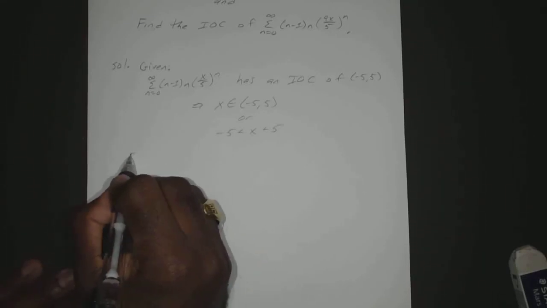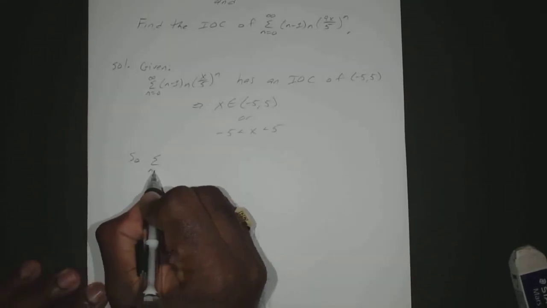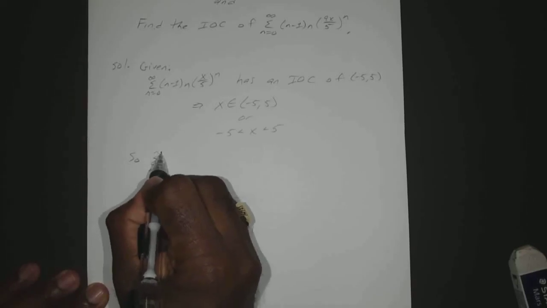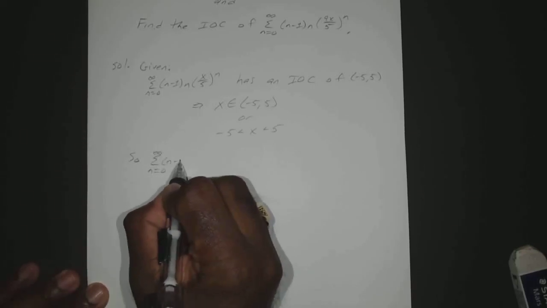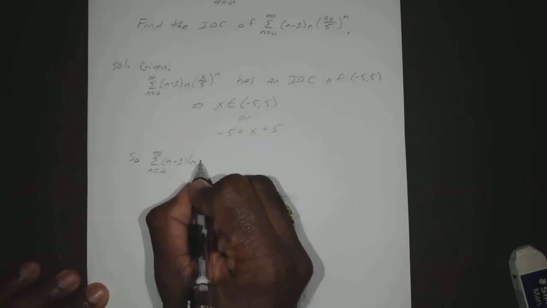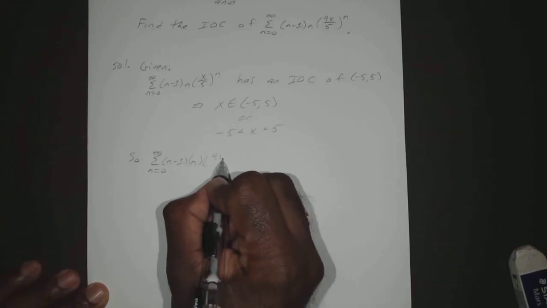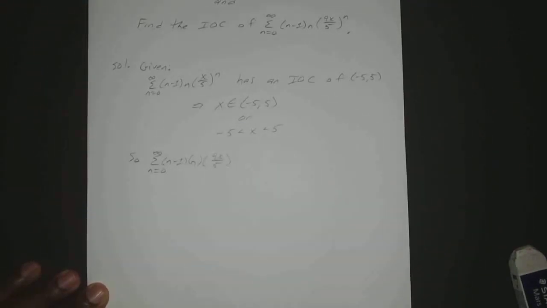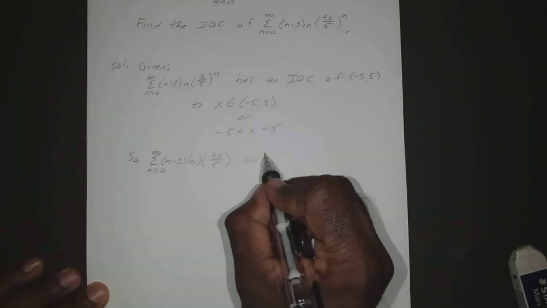Okay, so that means if you have the sum from n equals 0 to infinity of n minus 1 times n times 9x over 5, we know that will converge